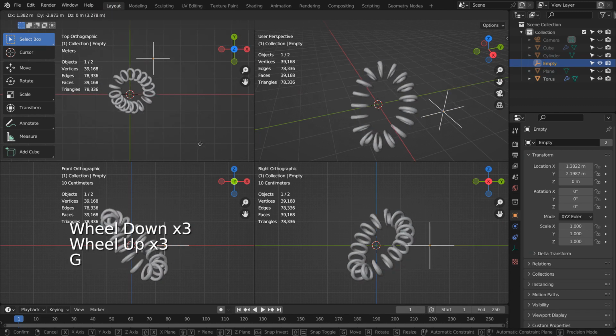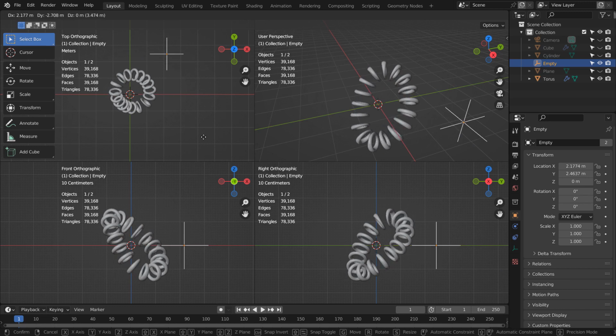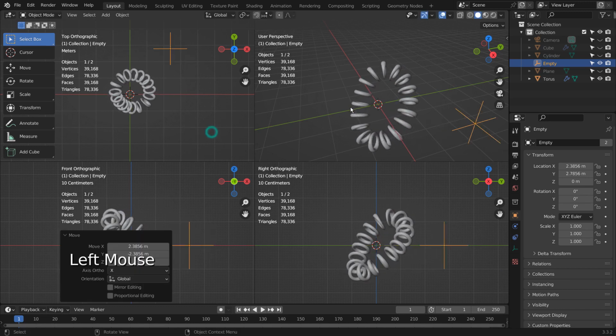That worked, but in order for us to rotate the torus meshes individually, we'll need to separate them first.